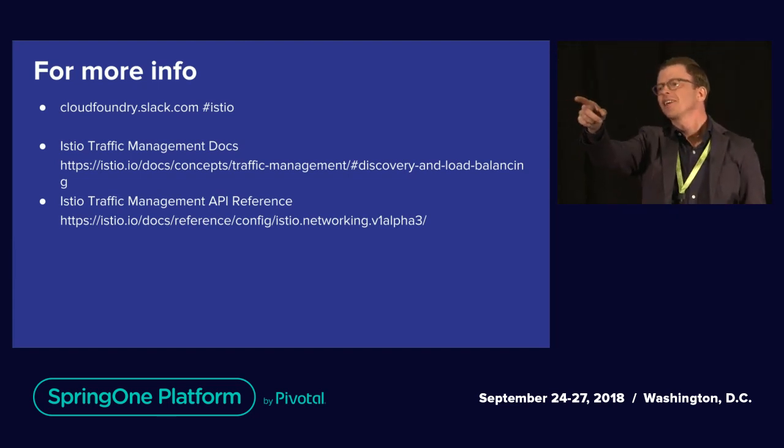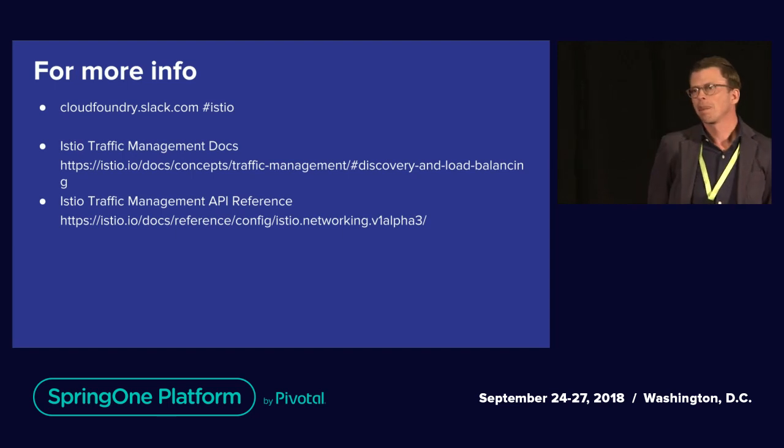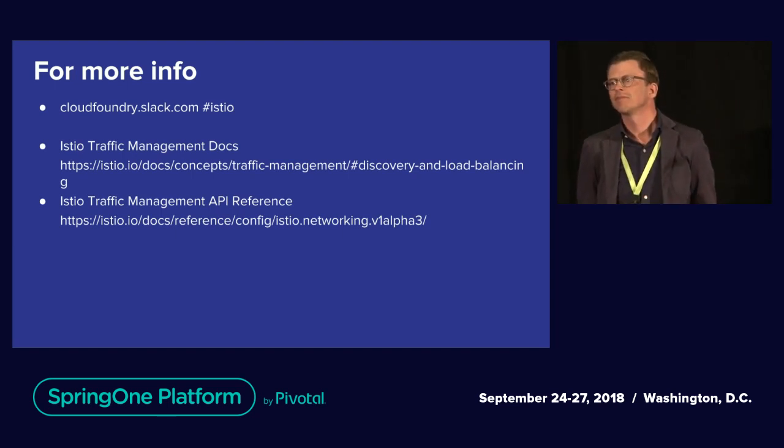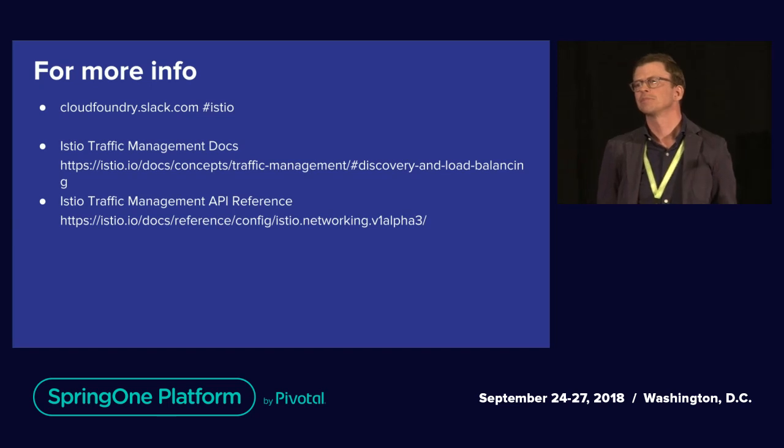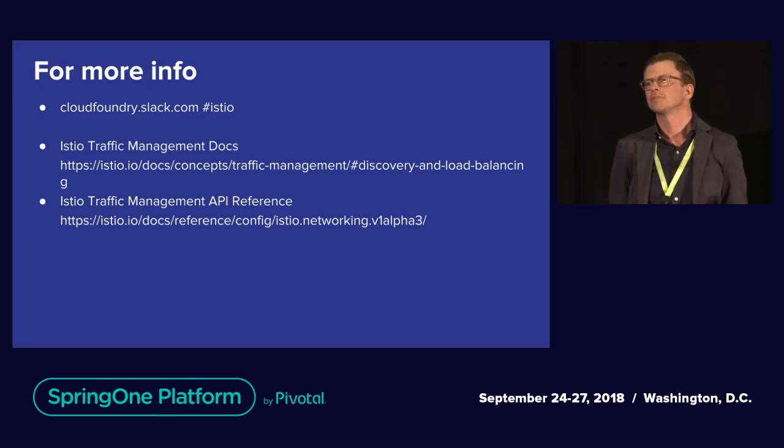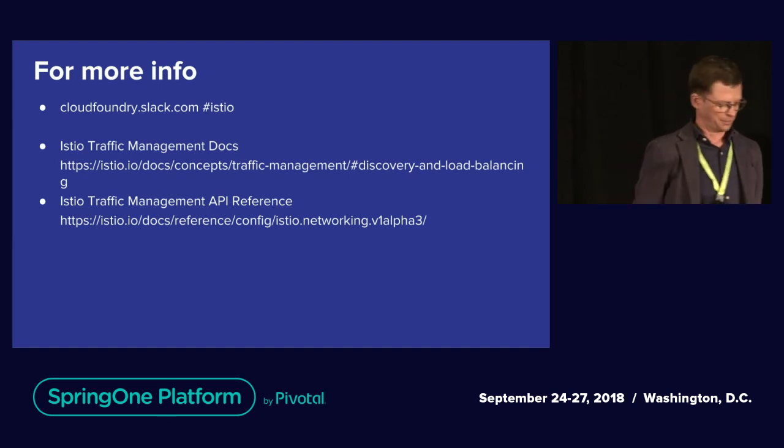I'm sorry, he was first back there? Sure. Christian from Malto. The question is, how is Istio being used in Cloud Foundry? Are you introducing sidecars, or are you replacing the routers, or maybe